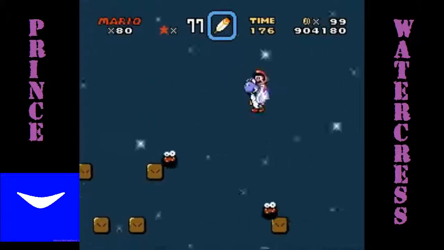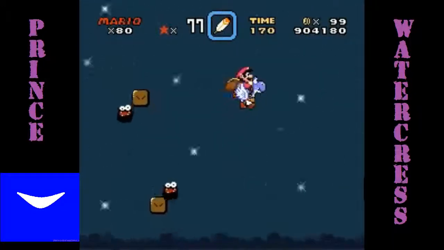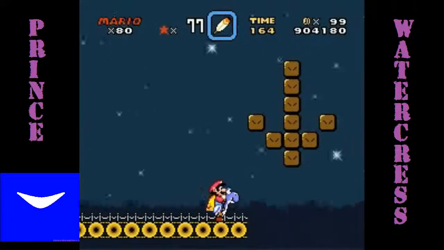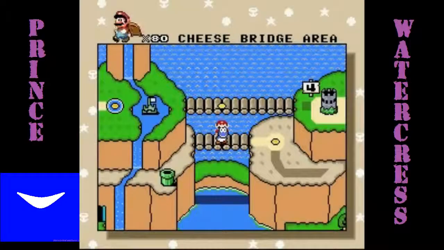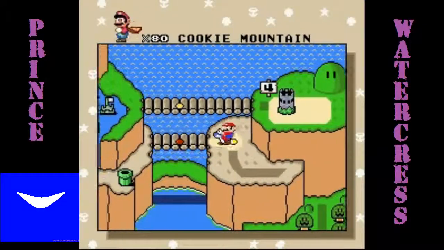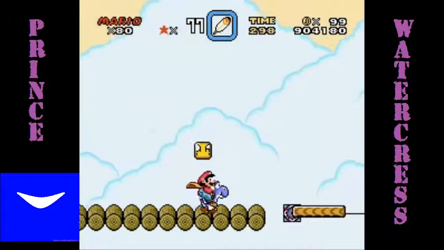There may not be any dragon coins at all. They may just not be here because of the fact that I got all the dragon coins throughout the stage, but we were able to make our way down here. And regardless of whether or not you make it to the end, you'll pretty much unlock the normal path, and you can go back to Cookie Mountain if you want, but I might as well go to the Cheese Bridge area with my new blue Yoshi